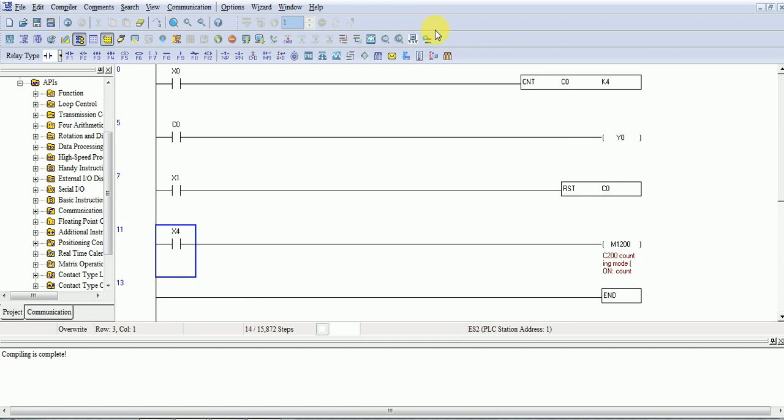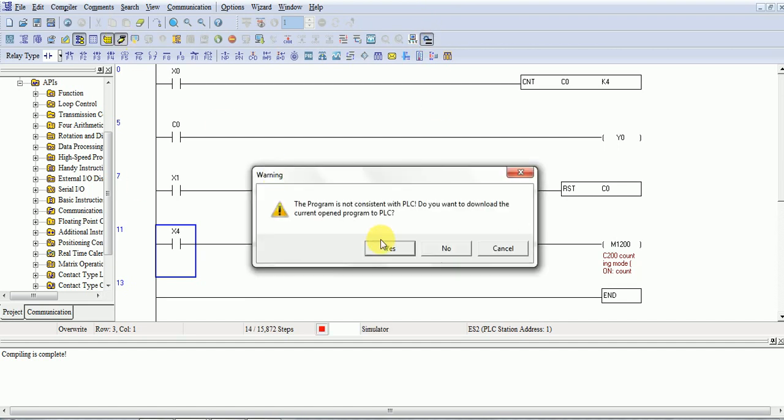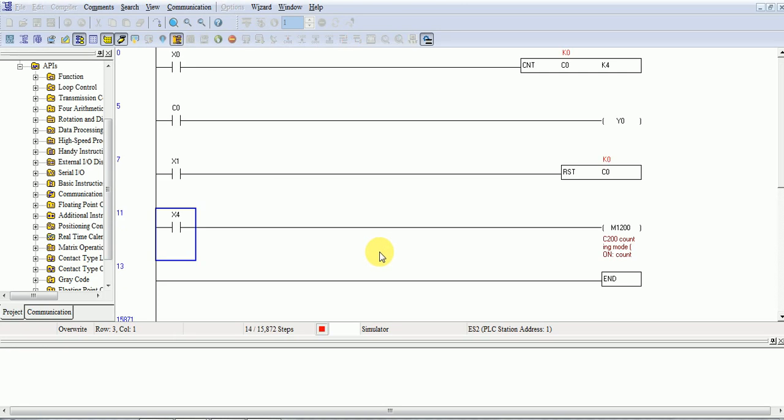Okay, and simulate. You can see that the counter value is 0. Now I turn my input on and off, on and off again. Our counter is working and counting.